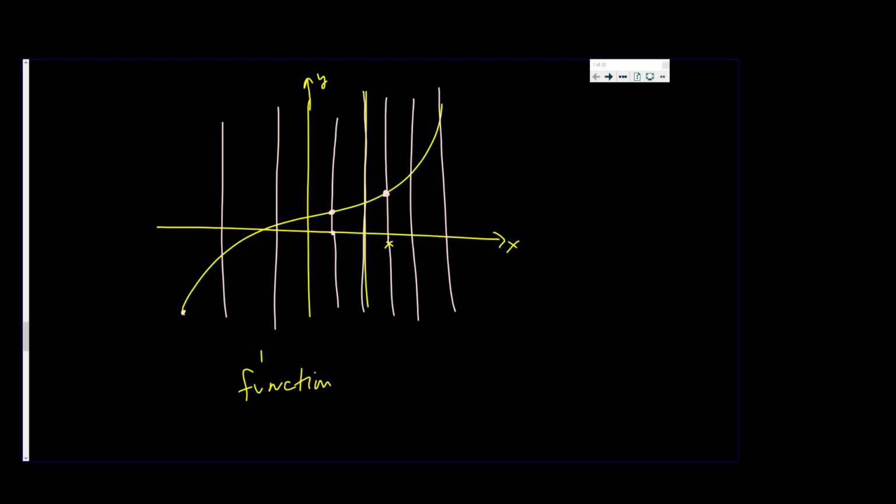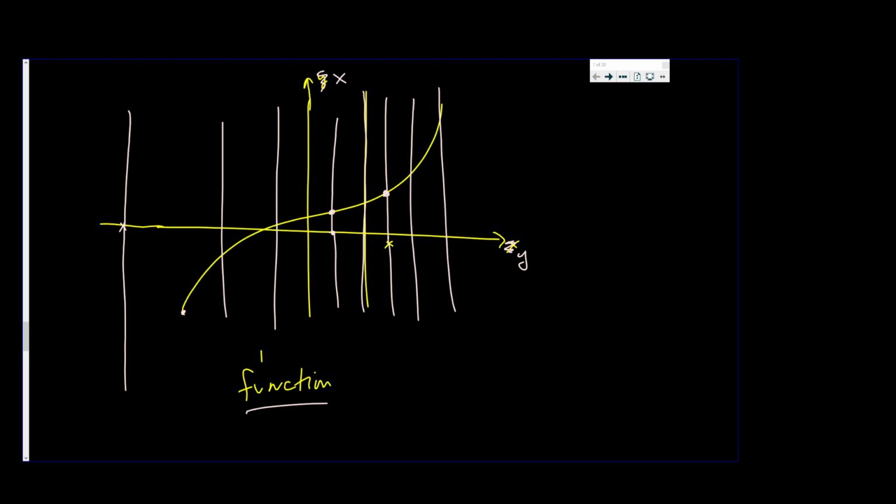Imagine the graph ended here. Then for this x value, I go up and I go down and it doesn't hit the graph. It's still a function. Now, if you interchange x and y, well,